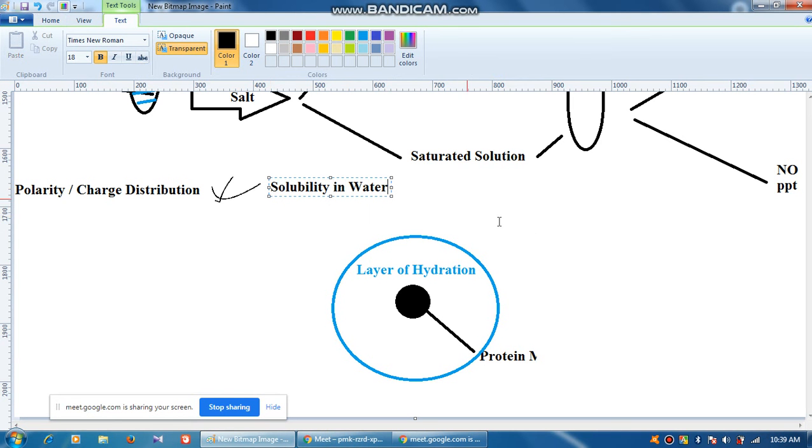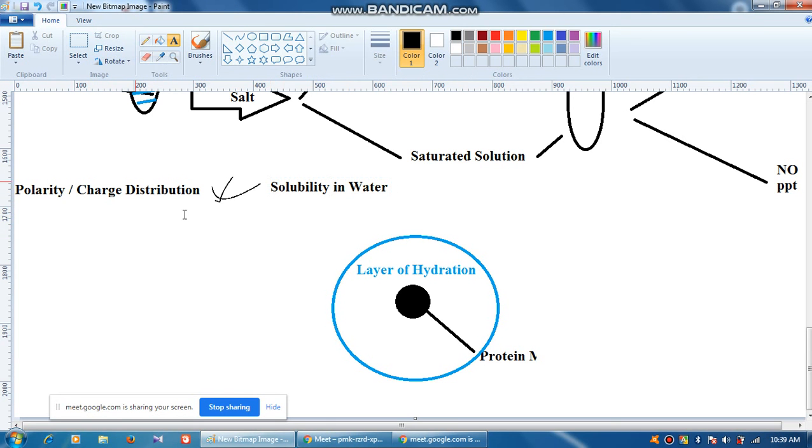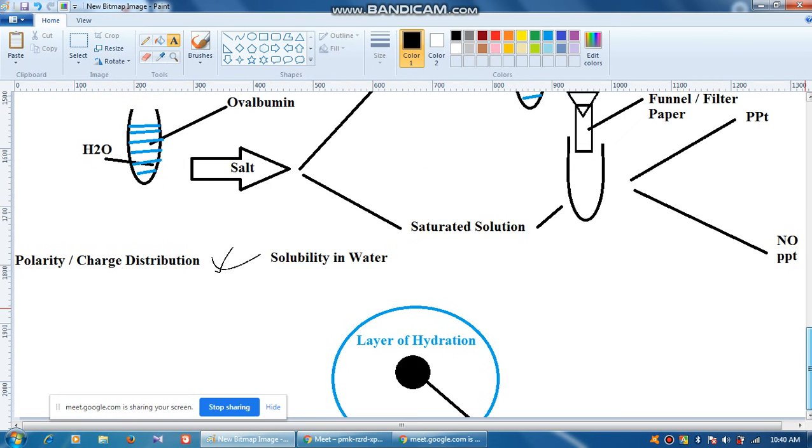Okay, so if polarity is more, then solubility is more. So here what we are saying is that your salt is